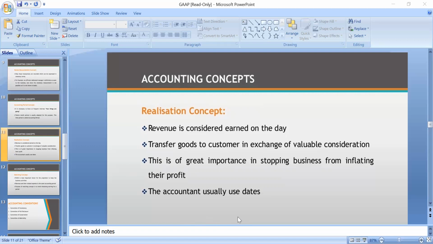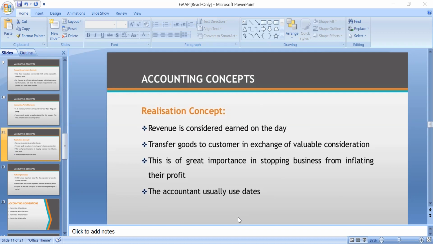Revenue is considered earned on the day means revenue is recognized only when a sale is made. No sale can be said to have taken place unless money has been realized. Example, cash has been received. As per this assumption, the sale is considered to be made only when the cash is received from the customer. For example, you are selling certain goods to a customer and he tells you that he will pay the amount, that is cash, in future. So he immediately doesn't pay you any money. Then you cannot consider it as a sale and record it in the books of account until you receive the cash from the customer. Then the sale is considered to be made, then you record it in the books of account,